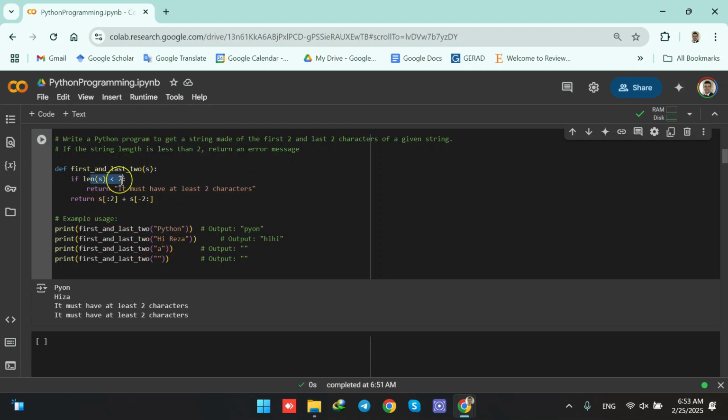So if the length is less than 2, it is going to show this message. But if it's not less than 2, we're going to return this part. And what is this part? Basically, this part is having a new string being returned with the first two characters and the last two characters